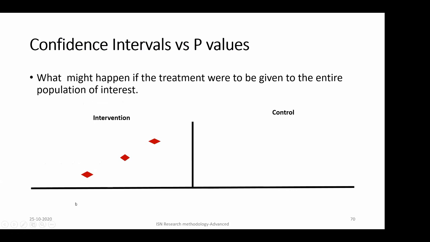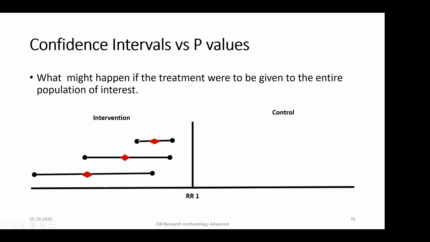If you're getting these results towards the intervention arm, this means that the intervention arm is better. The relative risk is less than 1 in the intervention arm. Now you might end up thinking that the one farther away from a relative risk of 1 is going to be the best result. But if you put the confidence interval, even though this is further away from 1, the confidence interval is pretty broad. And this one is pretty close to 1, but the confidence interval is narrow.